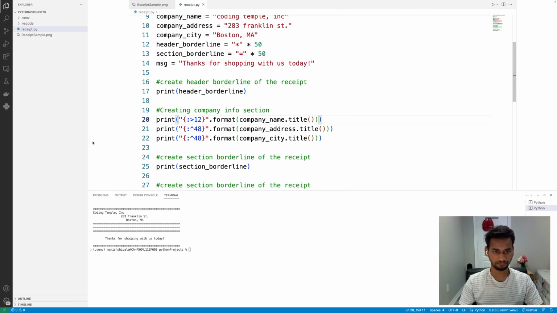Nope, 12 is not enough. Let's say 20 and see how it looks first. So if I say 20, then if I increase this to 25, okay, what's closest to 50, half of it, 25, and if I move it further, 30. Okay, if it is 30,